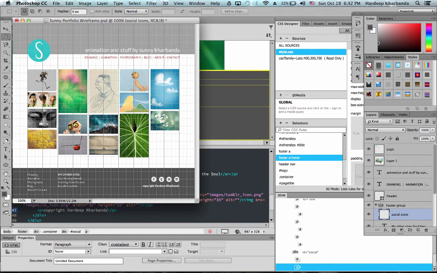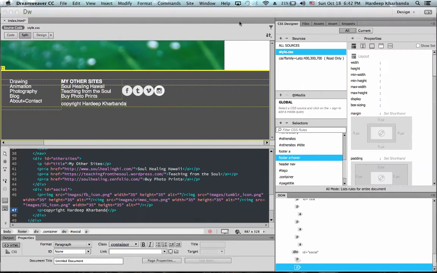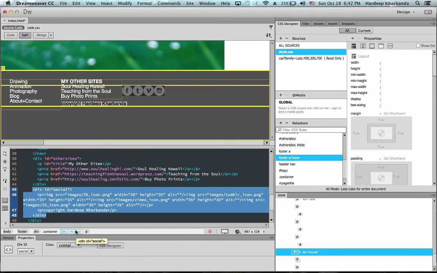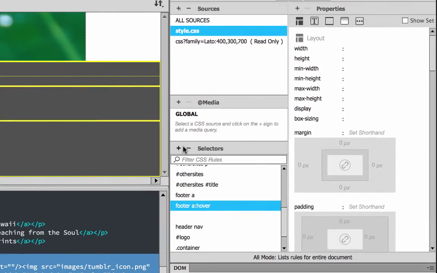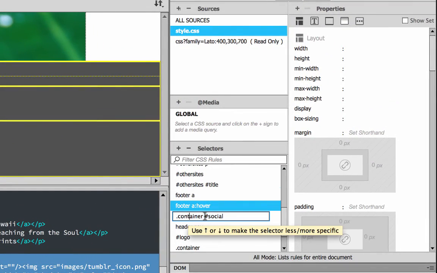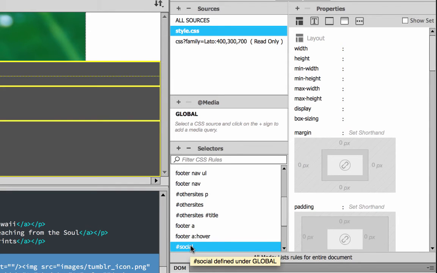Maybe I'll give it 300 pixels, give it a height of 100 pixels, float it to the right, and then as you can see, I need some spacing in between my images as well. So my div called social is what I need to select, create a selector. Again, I don't need the word container, just hash social is enough.